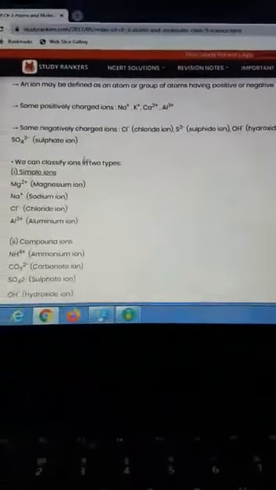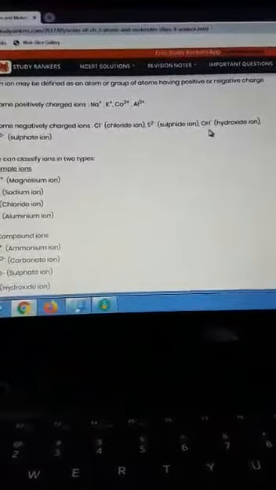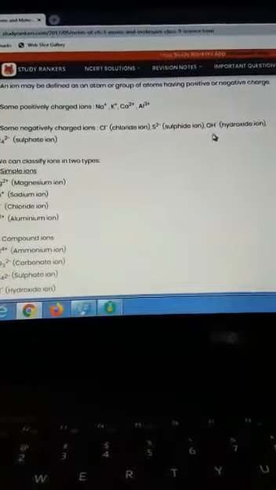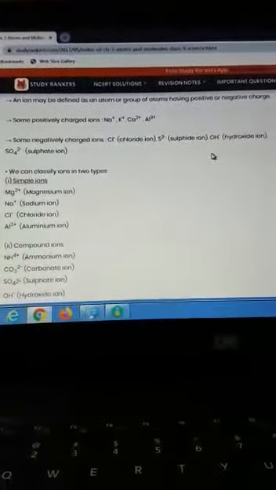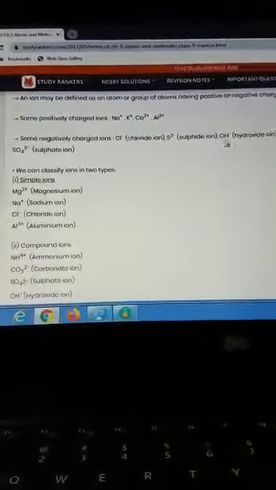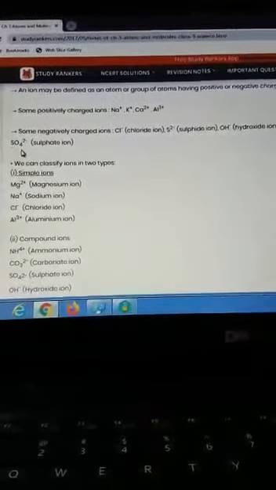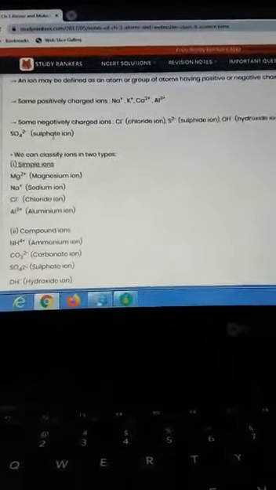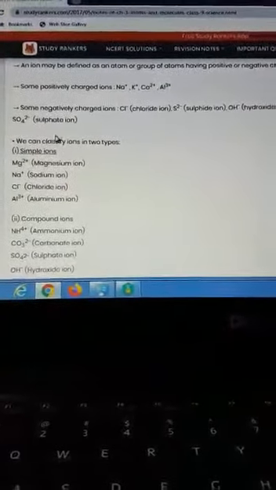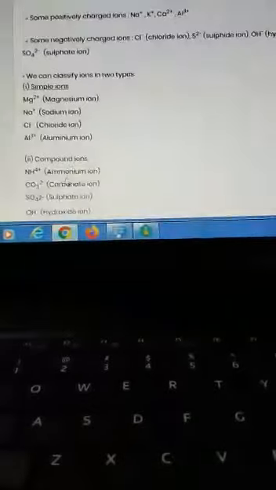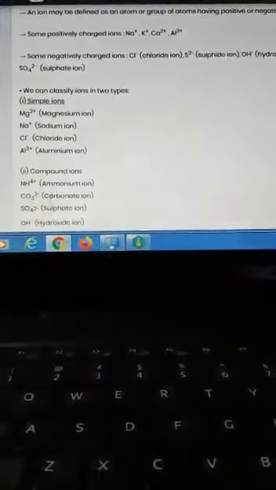But if you consider the ion OH minus, that is the hydroxide ion, here two atoms are present having the charge. That means if more than one atom is present in the charged species, these types of charged species are called polyatomic ions. Poly means many. Similarly, if you consider the sulfate ion, here sulfur and oxygen atoms, a group of atoms, are present, so these are called polyatomic ions. In your book many examples are given, like ammonium ion and phosphate ion; those you have to remember. These are the examples of polyatomic ions, also called compound ions.